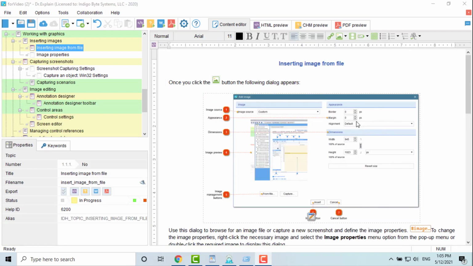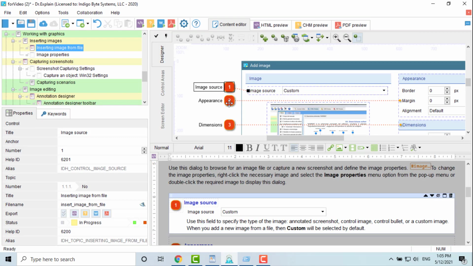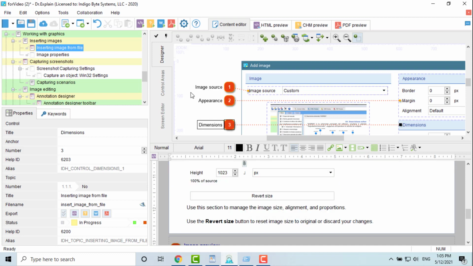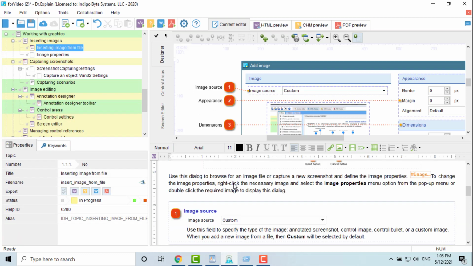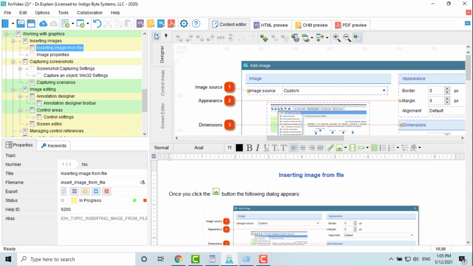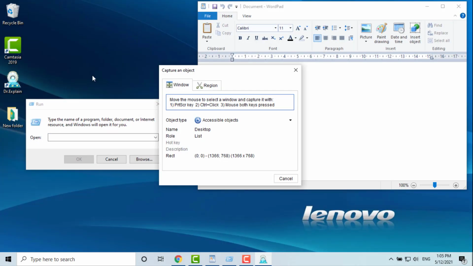A unique feature of Dr. Explain is automatic annotation of screenshots from applications or websites. The program analyzes the structure of the windows, and adds explanatory callouts to all significant elements. There are two ways to add an annotated screenshot. The first way is to create a new topic for the screenshot. To do this, use the Capture Window button on the main toolbar, or the keyboard shortcut Ctrl-W.